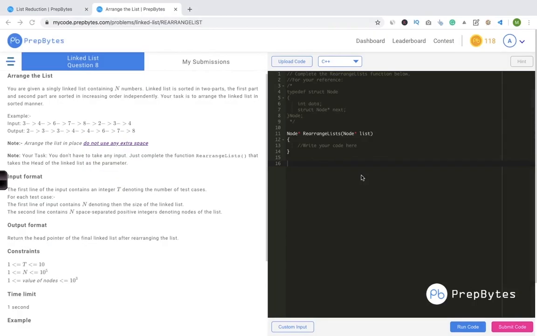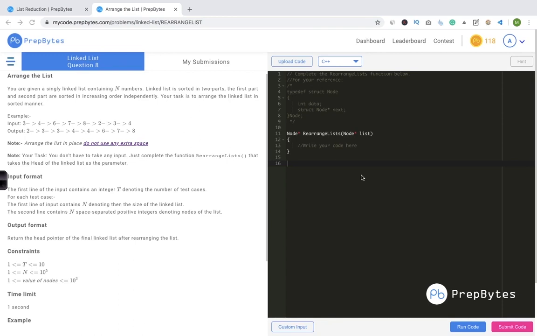Hi, in this particular session, we are going to discuss one of the questions of linked list. This is a very interesting and common question of linked list for interviews. In case you are clear with the basic understanding of the linked list and you have a bit of logical thinking capability, you can solve this problem easily. As I said, the prerequisite is that you should be comfortable with linked list, changing the links in linked list, and you should be comfortable with thinking and trying to jot down the logic.